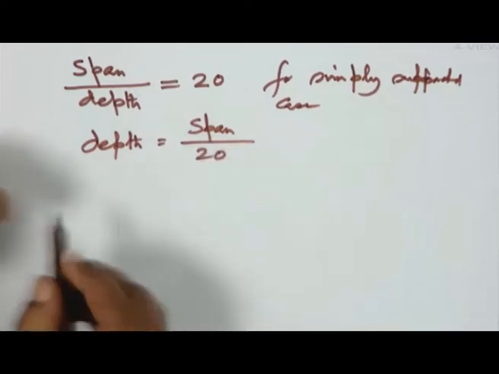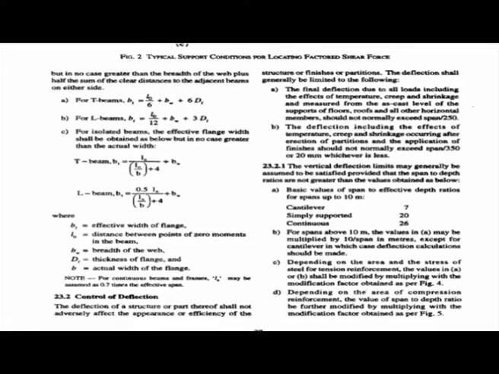So this is the initial guess. Now there are certain more things, slowly you will come to know, but for the time being you can consider that the initial guess can depend on clause number 23.2.1 of IS 456, where it says that basic values of span to effective depth ratios for spans up to 10 meter are: cantilever 7, simply supported 20,